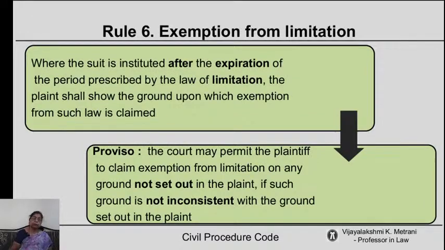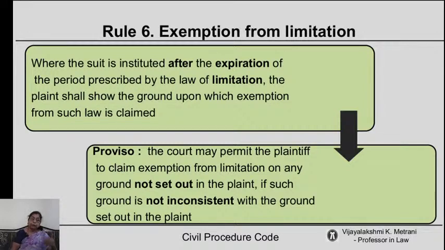Now suppose sometimes what happens is the plaintiff is not able to file the suit during the period of limitation. There is a Limitation Act under which there is a limitation for every kind of claim which you ask from the court, or for everything for which you approach the courts. So for that limitation you have to be clear. Suppose you file in limitation, this is not required, but if you file beyond the limitation period,